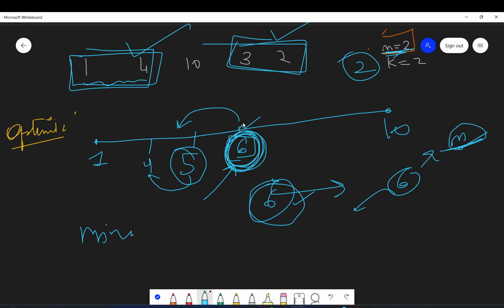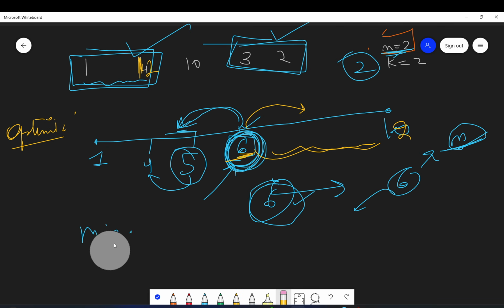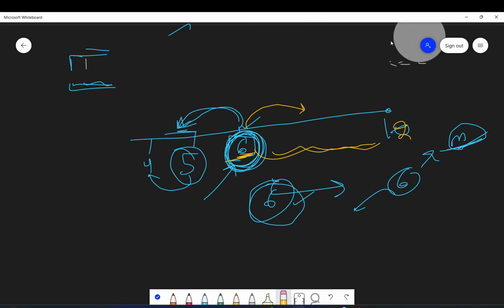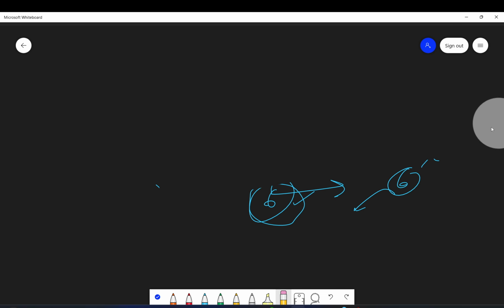If you are able to make it, let's reduce it and see if we are able to make it with some number less than that. If, for example, here you have 12, in that case you will not be able to make it in 6 days, so you have to increase the days. You will go to the right side and explore the right part, and here then 12. I hope you understood how I got to know this will be binary search and what my intuition behind it is. I have tried my best to explain that.